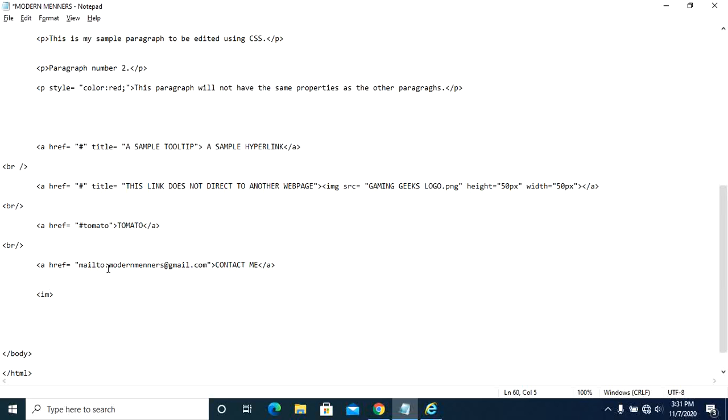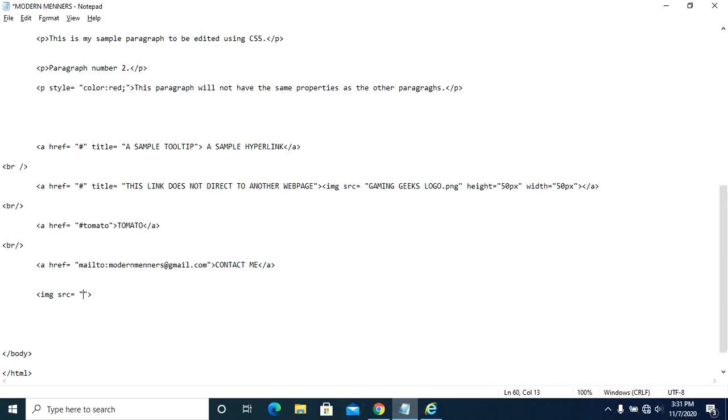So we've got our img here. Now this img tells the browser that whatever is in this tag is supposed to be an image. Then src, which means source, tells the browser where the image is located. So I want you to direct me to this